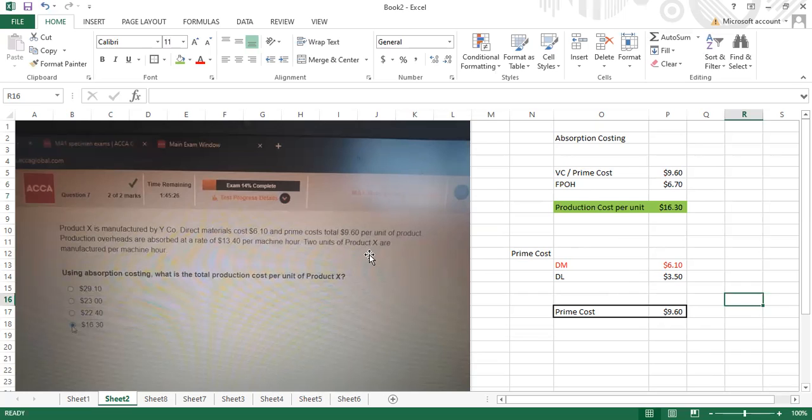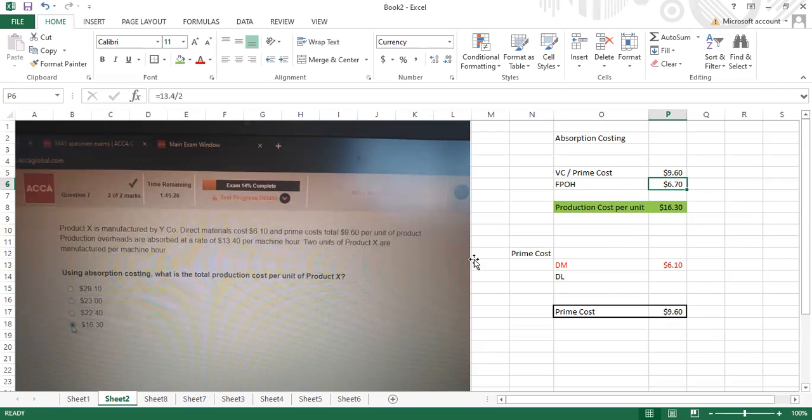It is given you the direct material cost, and let me erase this direct material cost and prime cost. So you will only consider prime cost, because prime cost is your variable cost that you would write here. And then, how do you calculate the absorption unit cost in absorption costing? Variable production cost and fixed production overhead per unit you will add, so you will